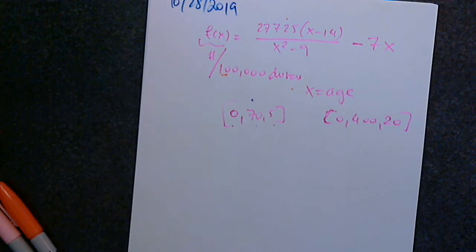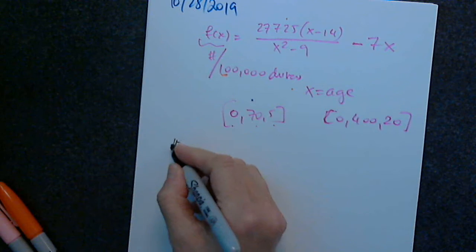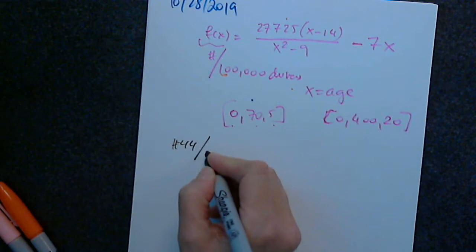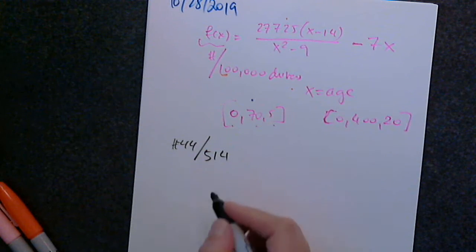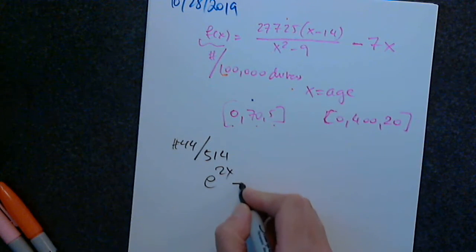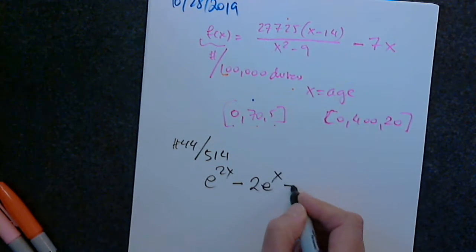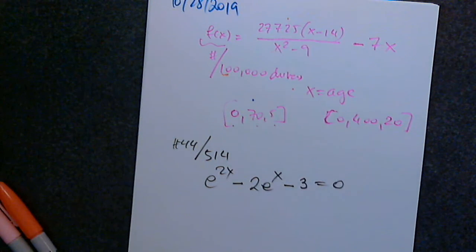If you'd like me to choose, I'm going to choose 44. 44 on page 514: e to the 2x minus 2e to the x minus 3 equals 0. And with this, we really covered almost everything that we can think of in exponential equations. Okay, so